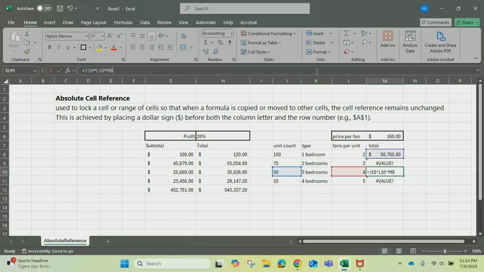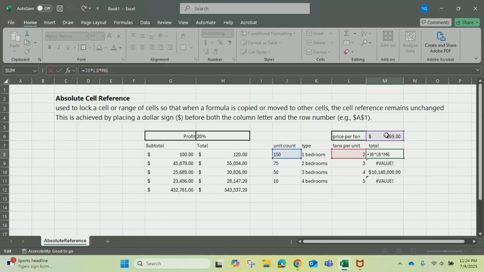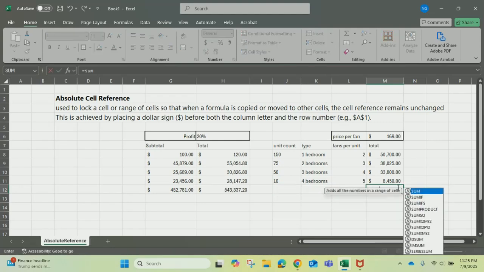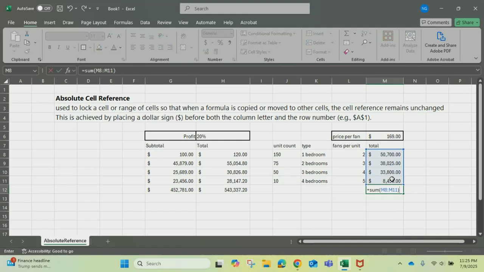So I'm going to go to this one and I'm going to see, okay, I need to change this purple one. So M6 is the cell that I want to keep on referencing. So on the formula bar, I'm going to go to M6, put the dollar sign in front of the M, dollar sign in front of the 6, and then I'm going to drag that formula down. So let me just do a quick sum formula,